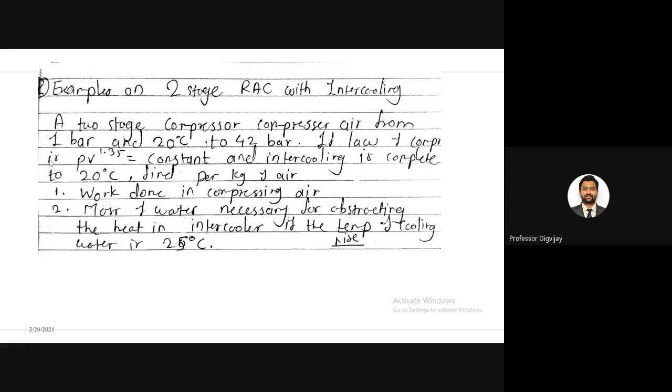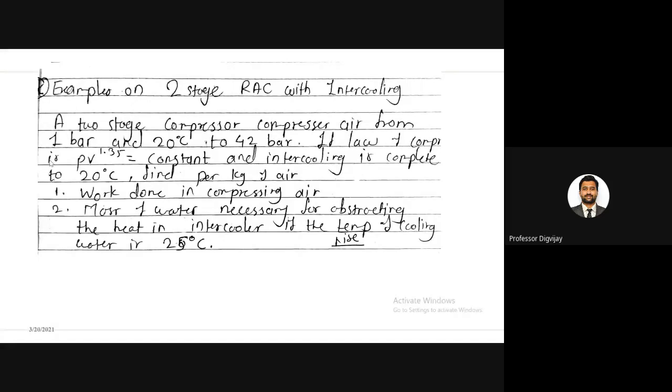Right? Okay. So today we'll take that example I have given you as homework. So this was the example. We are in the chapter reciprocating air compressors, and we have seen the derivations, how to calculate the work done or the work required to drive the compressor with clearance volume and without clearance volume. Then we have seen what is the use of multi-stage compression, what is the use of intercooler. Then also at the start we have seen the classification and the types of compressors.